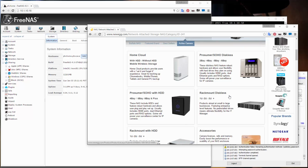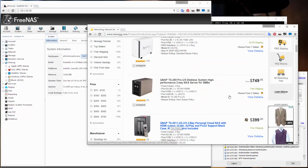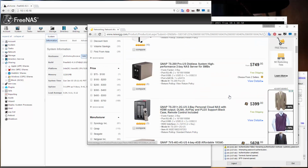Now, what I'm going to show you and talk about today is the alternative to going out and buying one of these expensive prosumer SOHO NAS drives. We can see this one right here from Synology is a 2-bay drive. It's a 2-bay Synology disk drive, network attached, and this one has a remote control to it,